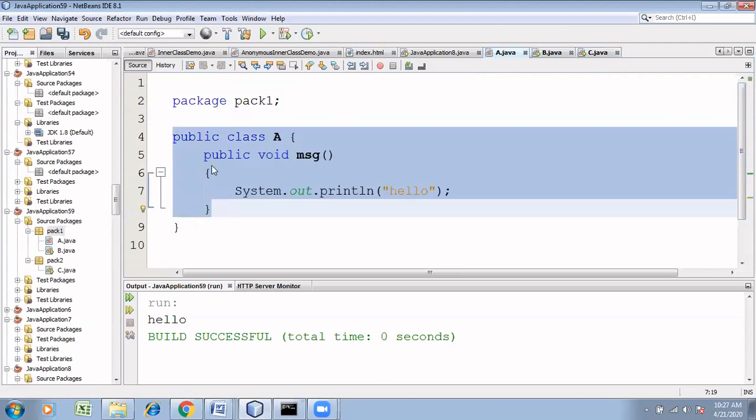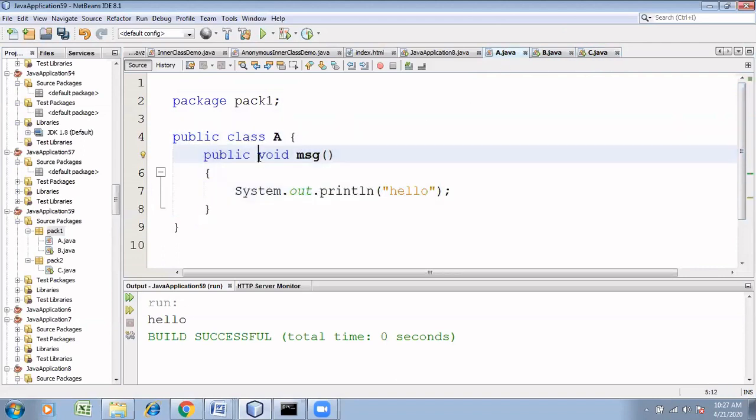Now, let me remove this from this. What happens? It is a default one, isn't it? What is the access level of the default modifier? Within the package. It is only within the package.